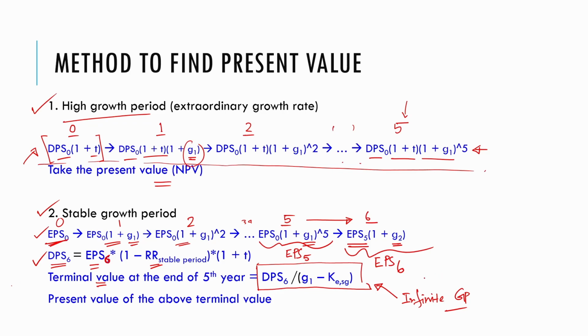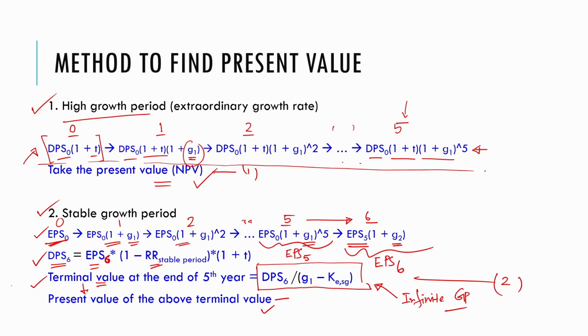And once this terminal value is found, suppose this is 2 and suppose this is 1. Once these two are found, first of all, we need to take this terminal value to the present value, and then just add these two, that means this NPV and this present value of the terminal value. Once we add these two, we will get the value of the asset in terms of the dividend discount model. So now I hope this is clear, and a little bit of confusion may be there, so that will be removed once we go and see the calculation exactly in the same manner